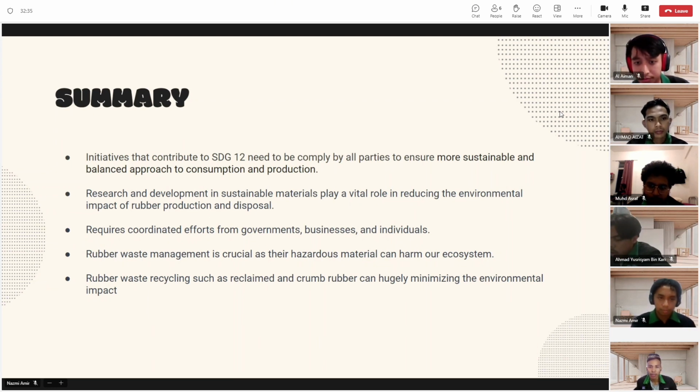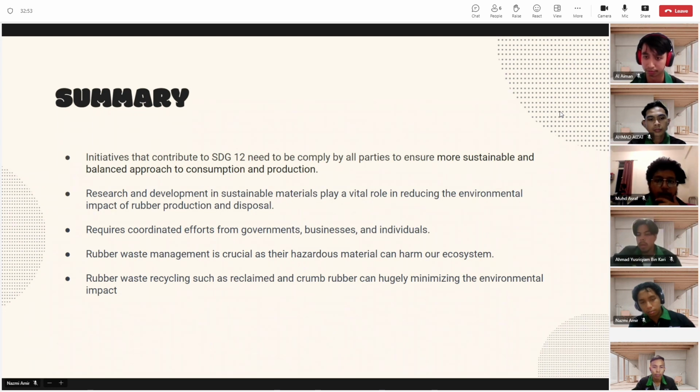Research and development in sustainability play a vital role in reducing the environmental impact of rubber production and disposal. Rubber waste management is crucial as hazardous materials can harm our ecosystem. Lastly, rubber waste recycling, such as reclaimed rubber, can hugely minimize the